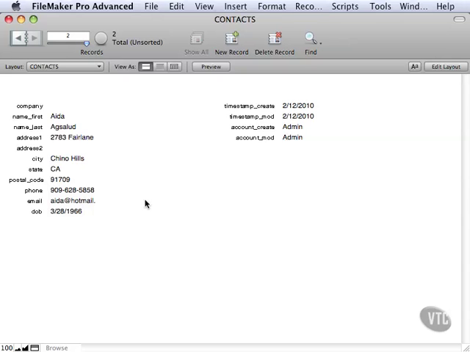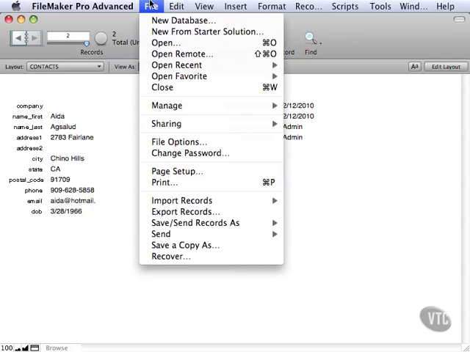Now right now we only have one table, so it's not a big deal. But as soon as we go to our invoicing solution, which we'll do in the intermediate tutorial, we're going to have an invoice table and a products table along with our contacts table. And so what layout we're on determines what we're importing into. So you need to make sure you understand that so you can do the import correctly. So right now it's not a big deal, but let's plant that seed so you understand context, or at least start to understand it. And once you're on the correct layout, then you can go to the File menu and